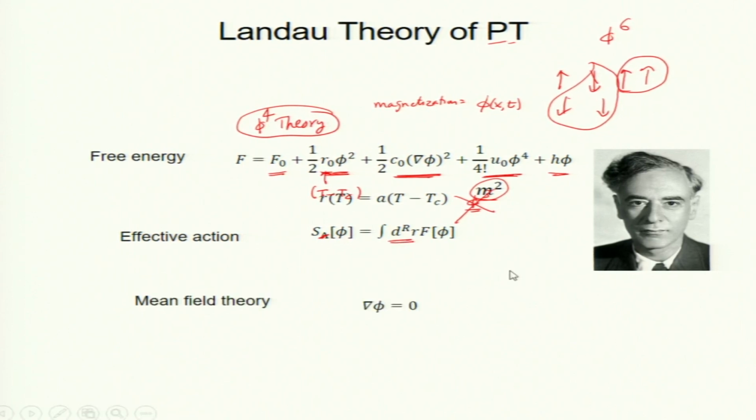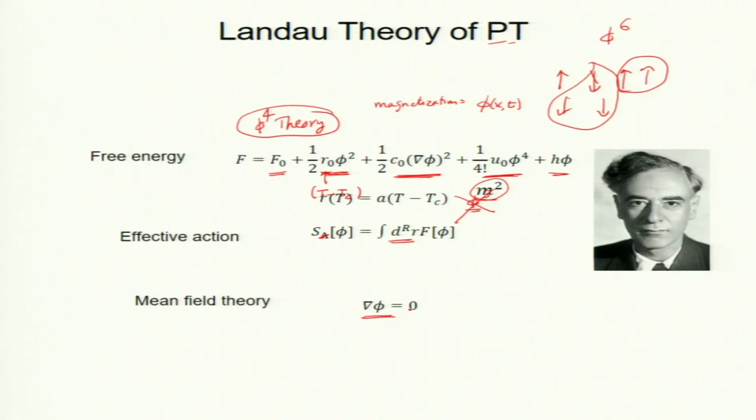And so, we will do mean field theory. Landau does mean field theory; I will do more than mean field theory later, but Landau assumes mean field, that means grad phi is 0. So, it is a constant field everywhere, okay, there is no variation of phi. Okay. So, this is my potential.